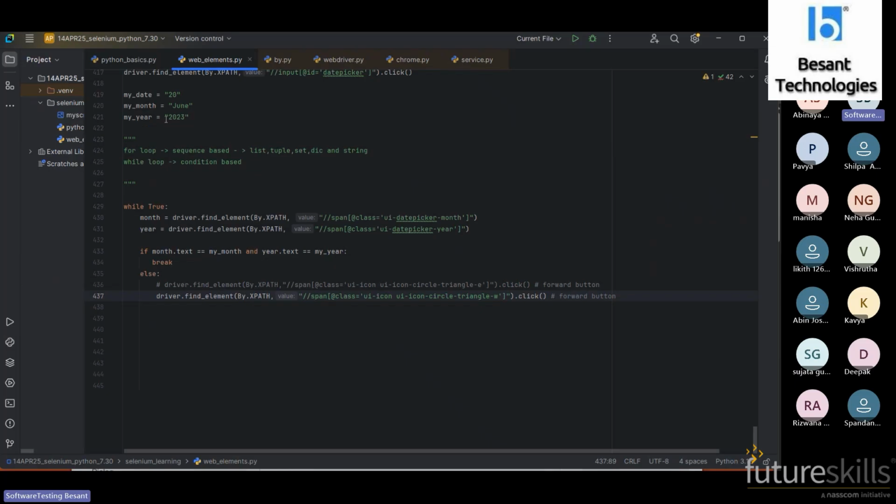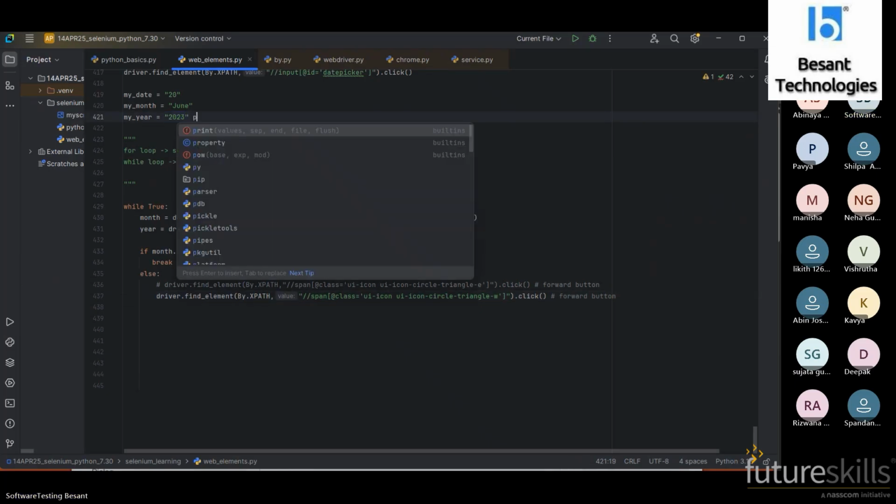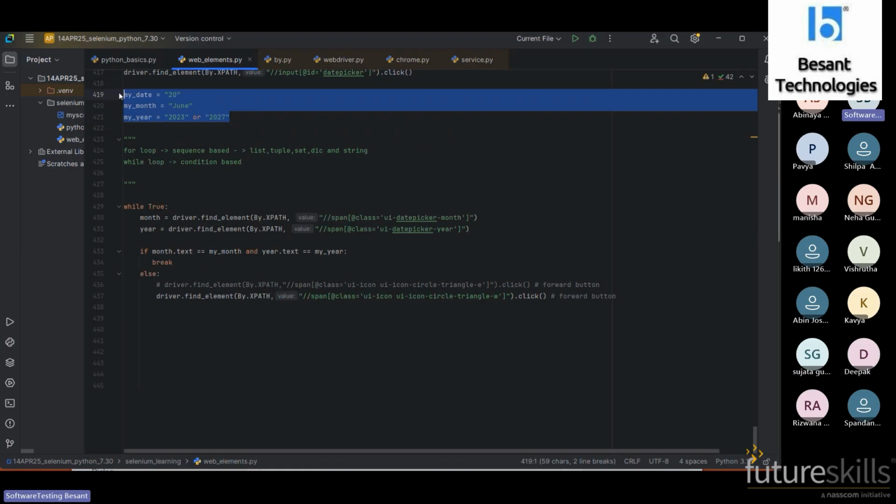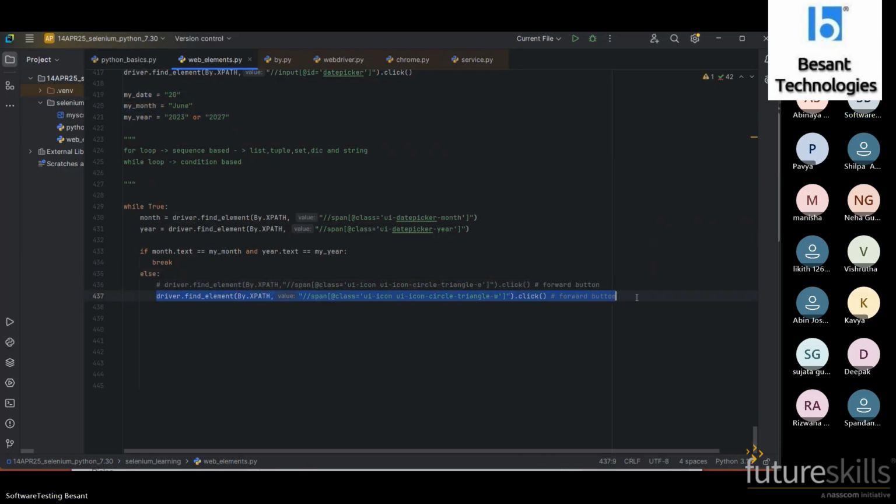If the year is a past year or a future year, here everything is dynamic. We are getting the value as input from the user. So in that case, how can we make this dynamic? Any suggestion?